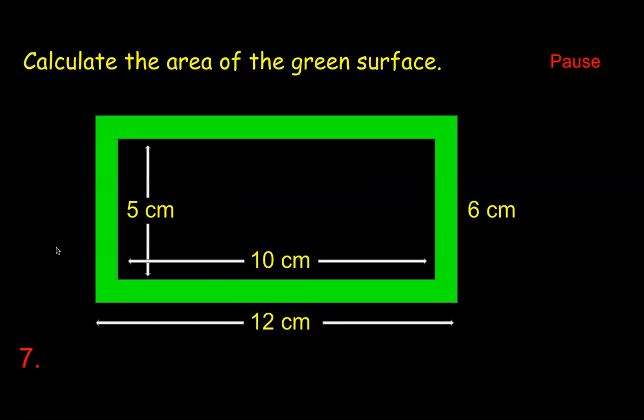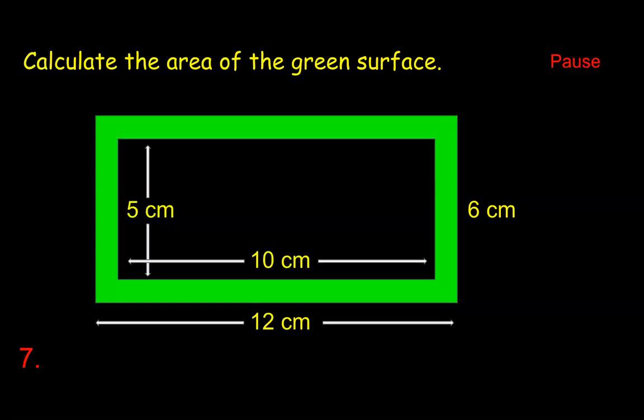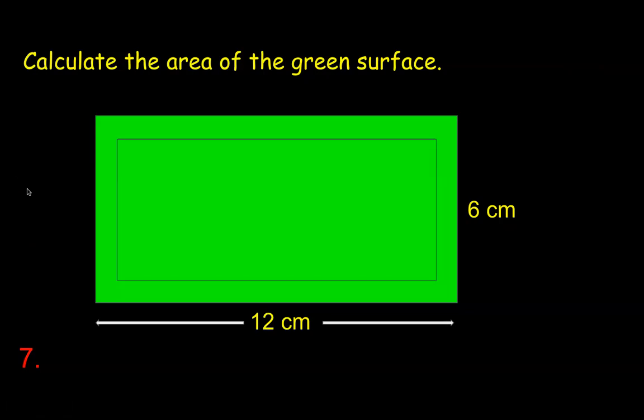Okay, calculate the area of the green surface. This will remind you of one we did earlier. Pause the video and then when you are ready to check your answer, continue. Right, what I'm going to do, like I did in the previous one, is ignore that cutout in the middle because we've been asked for the green surface, right? The area of the green surface. We don't want this black in the middle, we're going to cut it out. So I'm just going to pretend that I'm not cutting it out, I'm going to work the whole thing out. Right, so if I was working out that whole big rectangle,